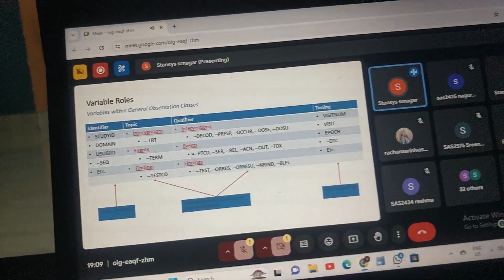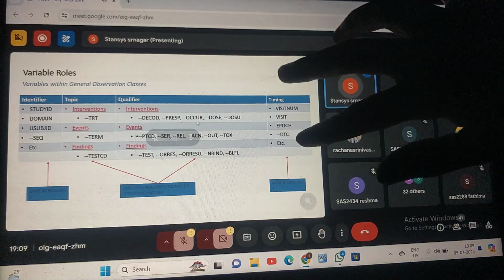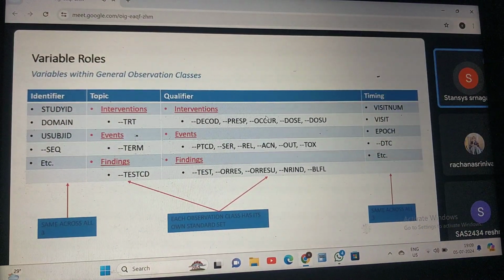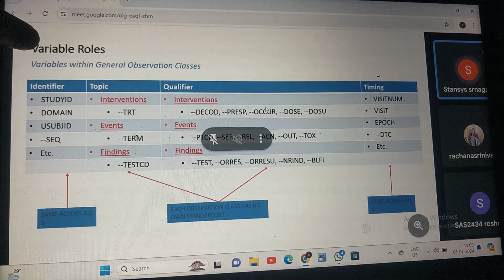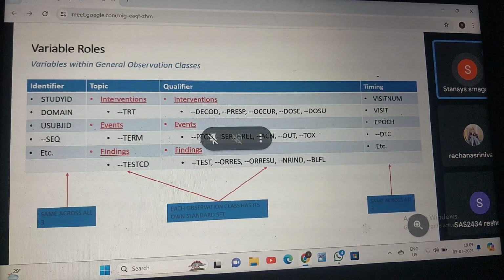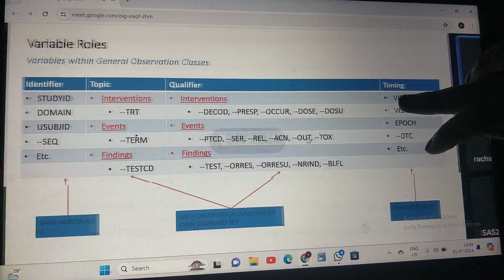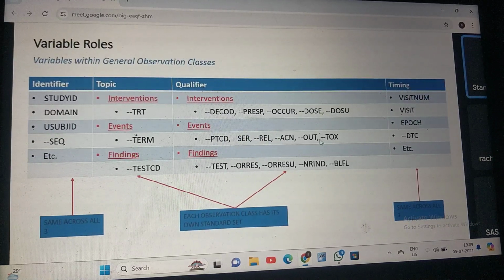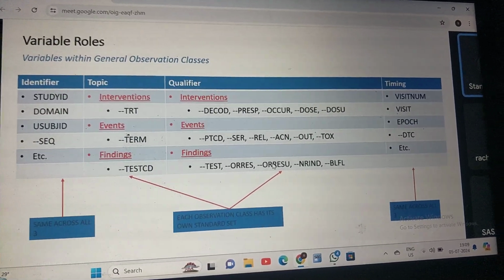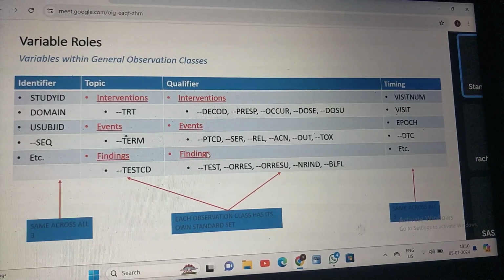When it comes to qualifiers, okay, if you can see the interventions, okay, decode, press, occur, dose units, okay. No worries, that will be there in the SDTM IG. I am going to show it again at the end of the class. You can read from there, okay. So the events, it's a PTCD, okay, like in the serious and then real action taken, outcome, toxic grades and all this. When it comes to the finding, test, ORRES means original results units, NRAND, BLFL, these are the finding